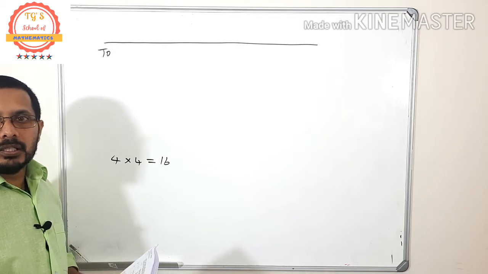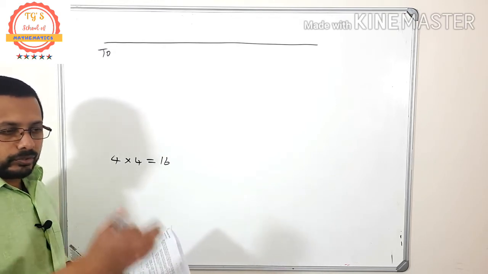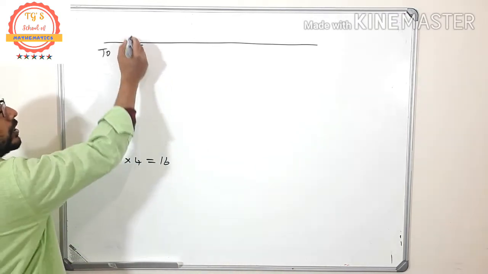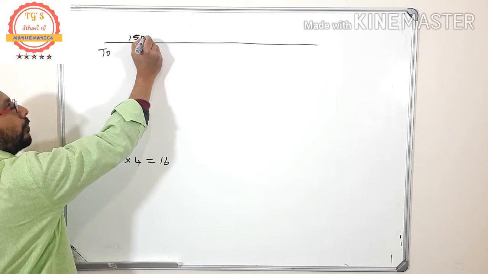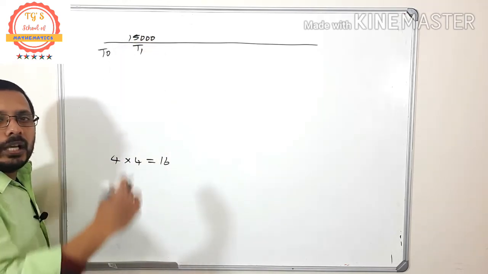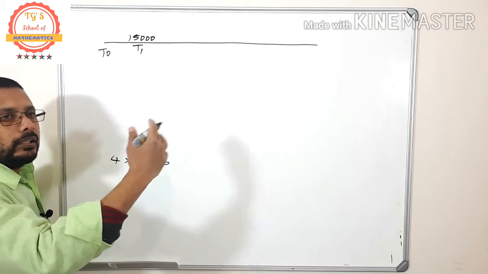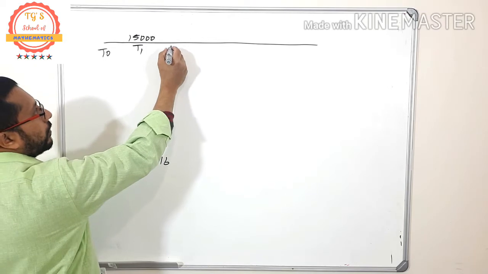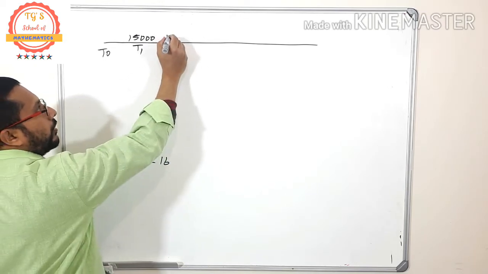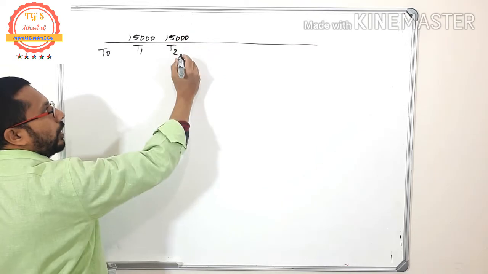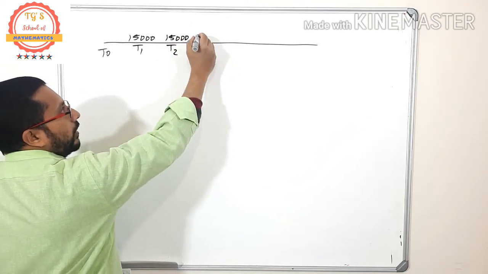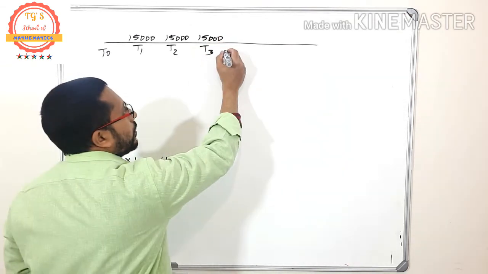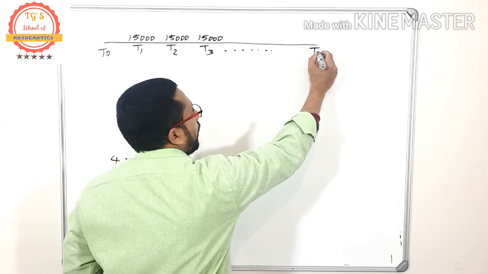3 months' time means that's the first quarter, am I right? Every 3 months, that's a quarter. So in 3 months' time she makes the first deposit of 15,000. Then she continues paying every 3 months. After 3 months, that is T2, again she pays 15,000. Then after 3 months, that is T3, she makes another payment of 15,000, and she continues making that payment